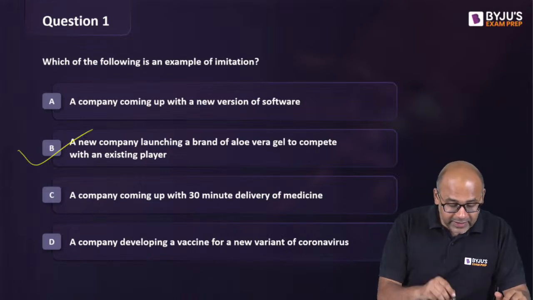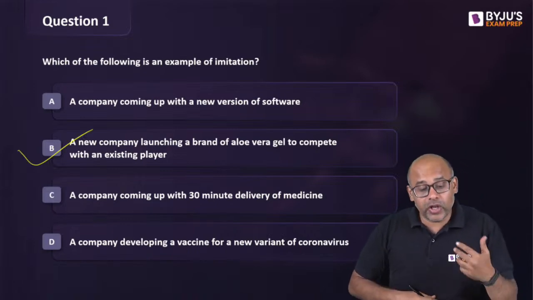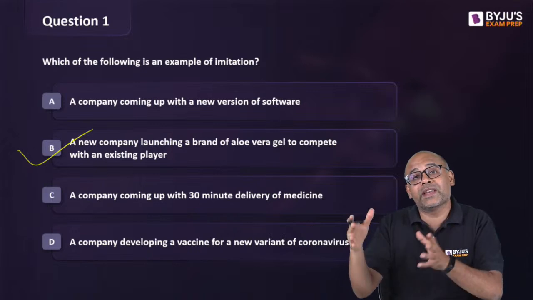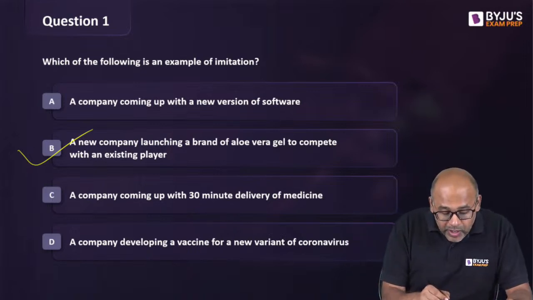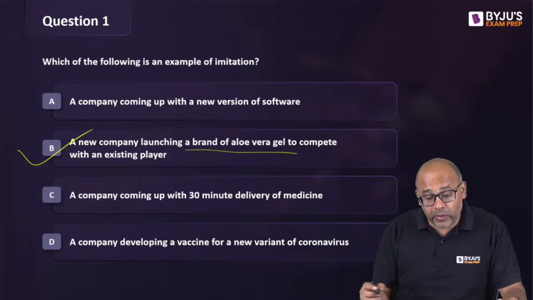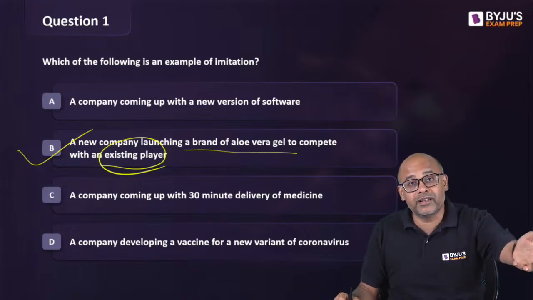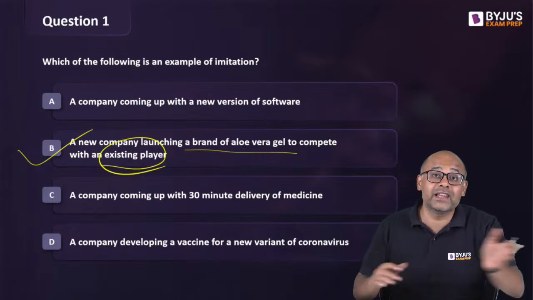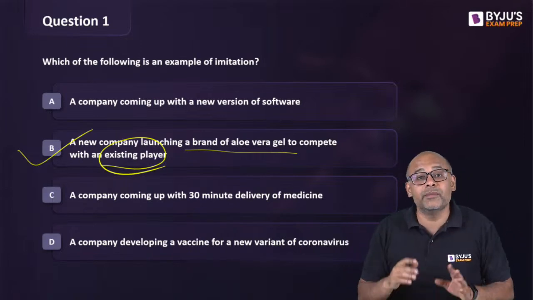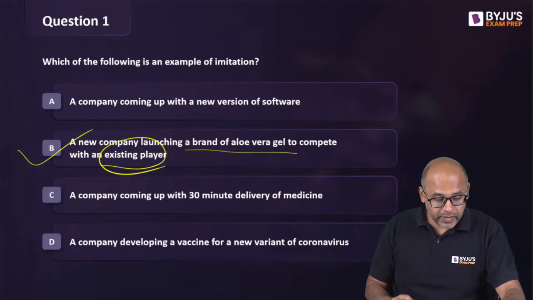Very good. The correct answer is option B. See, imitation is copying something exactly. So a new company launching a brand of aloe vera gel to compete with an existing player, which means there is already an existing aloe vera gel player, and I'm going to compete with that player. So I'm releasing another aloe vera. That is basically imitation. Okay. Next,